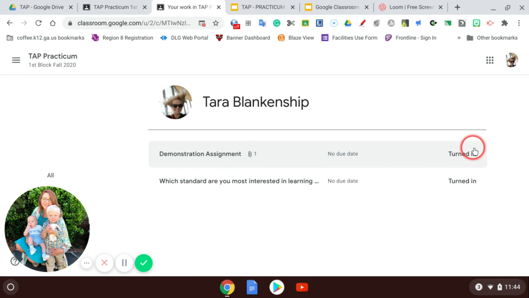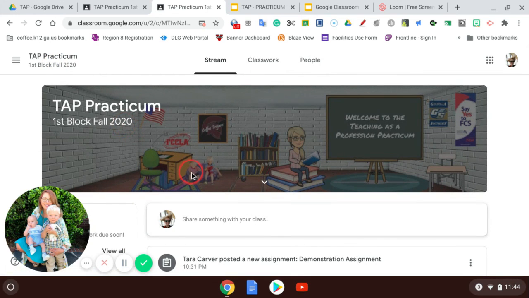Under classwork, if I come right here to view your work, that is where once that work is graded from the teacher, over here where it says turned in, that will then repopulate a grade there. Of course, like always, because they're not connected, do double